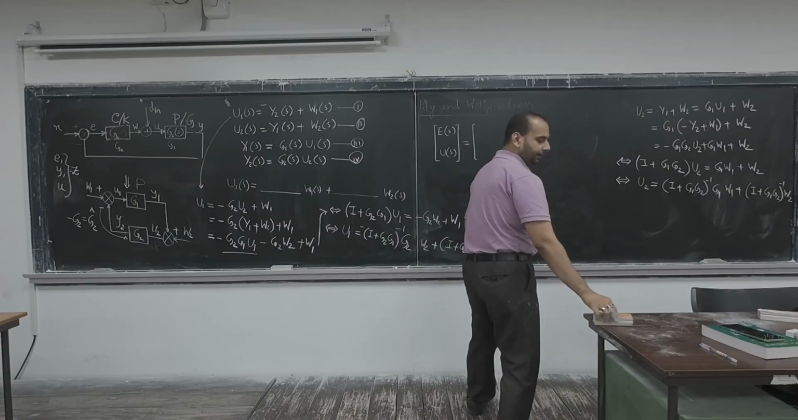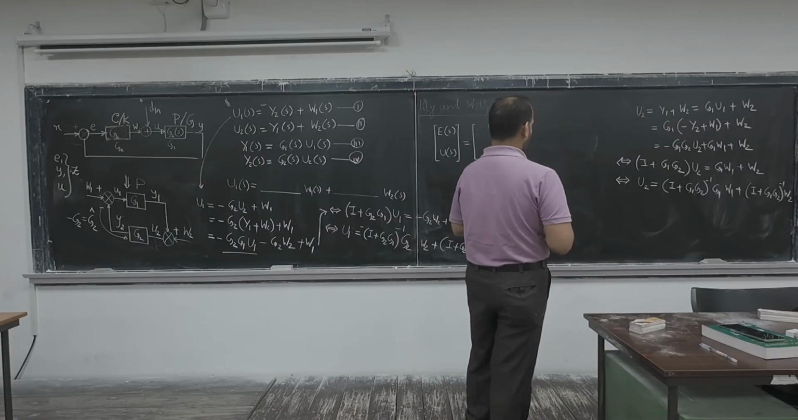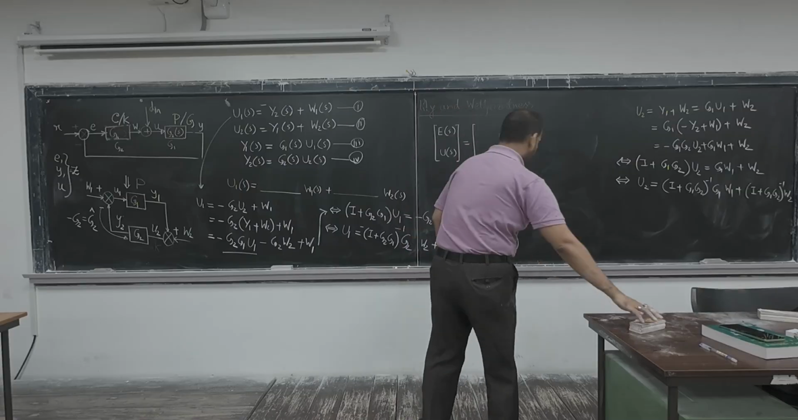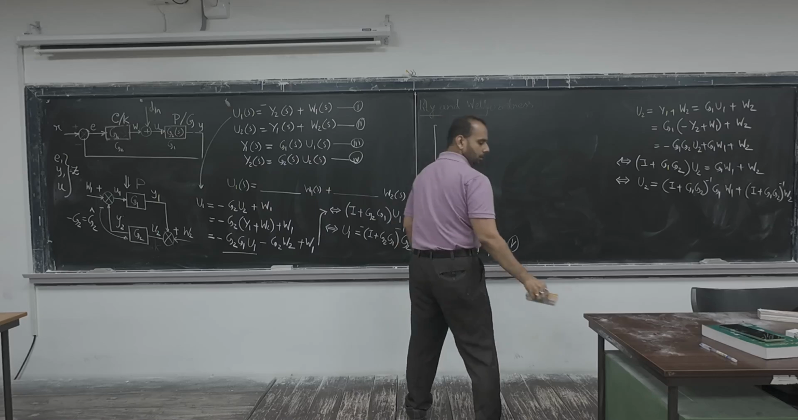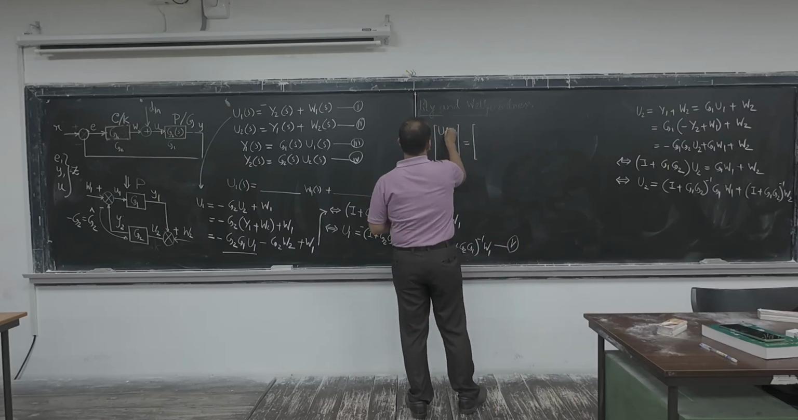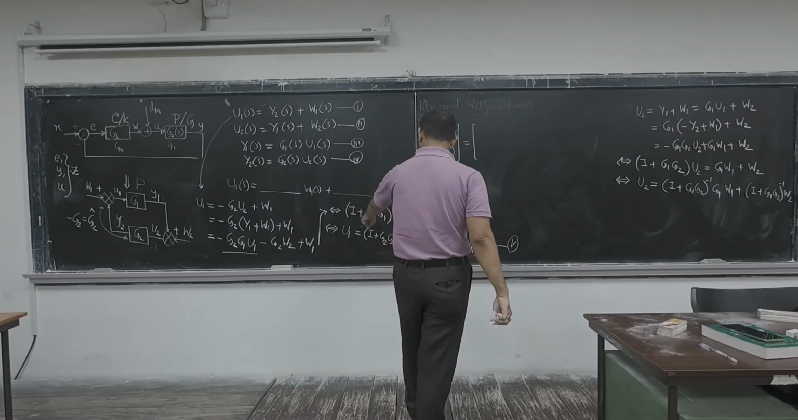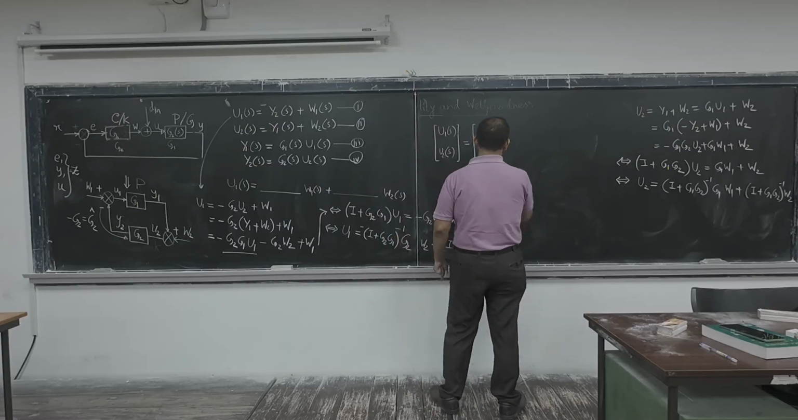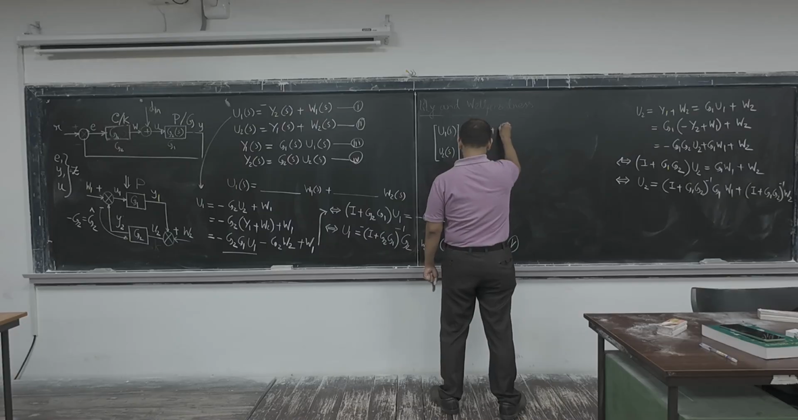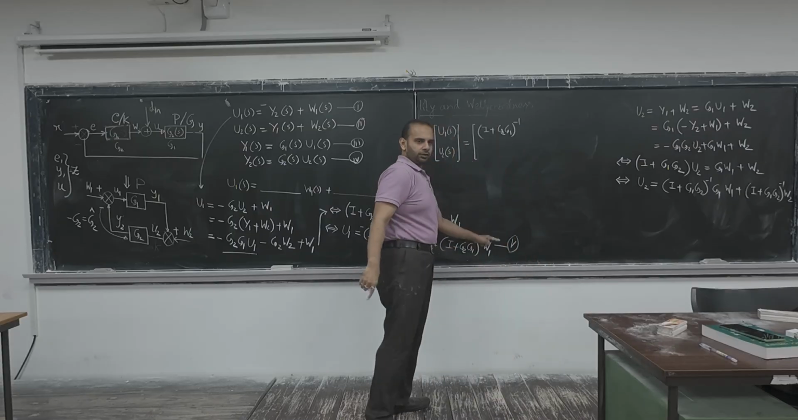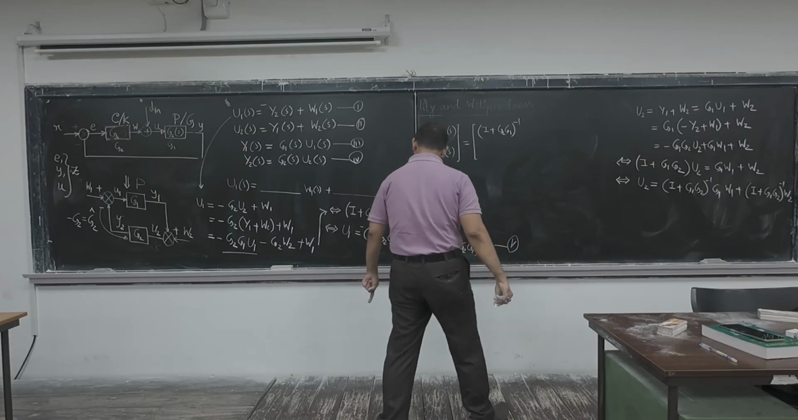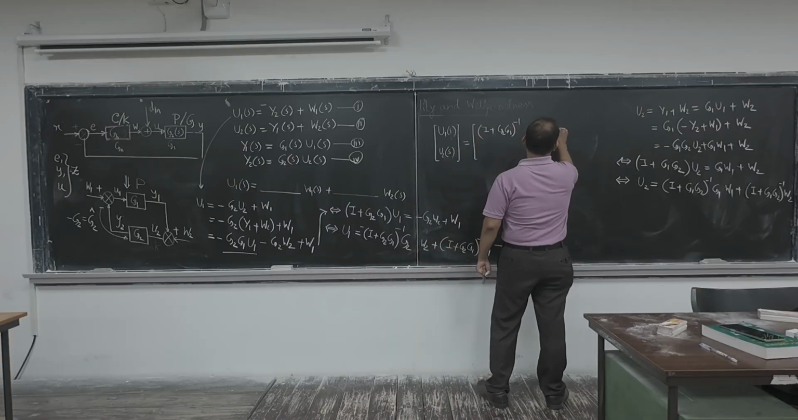Just I'm going to write them formally. U1 of S, U2 of S. Now this is my U1 of S. So this will start from I plus G2 G1 whole inverse, because W1 is the first entry, so that will be here, and then minus of I plus